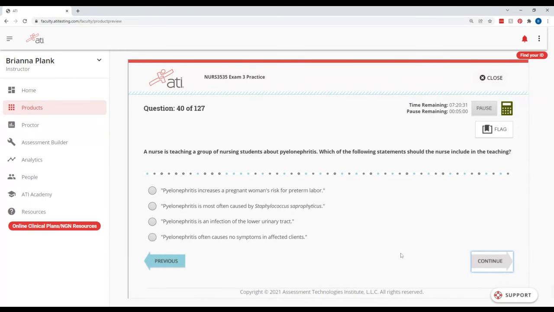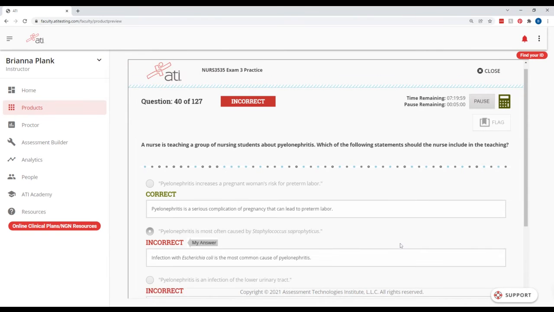Pyelonephritis. What do we want to teach about pyelonephritis? Okay, Lindsay, for this one, or was that for the last one? This is B. Couple. Okay, so